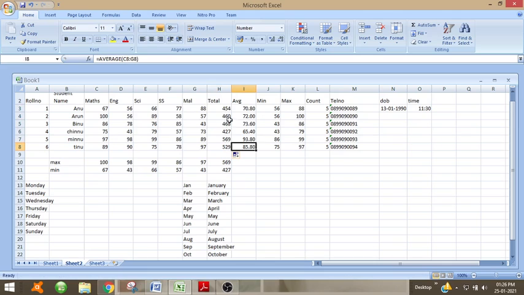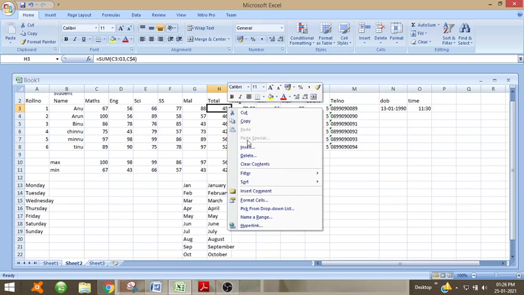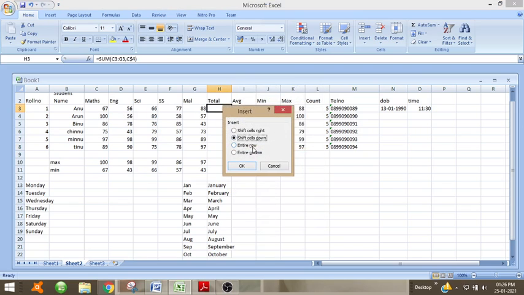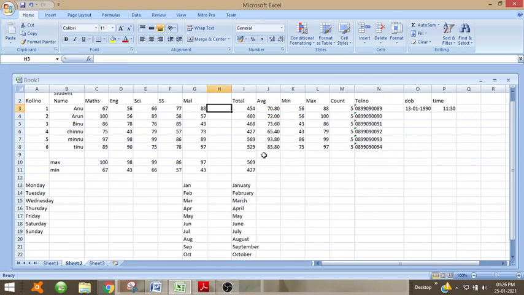Now what happened, instead of adding all the values, 100 is being added to each of the columns. Instead of adding 67, 100 is being added. Insert one column. So if we apply this to this column, then it will be, so total is equal to